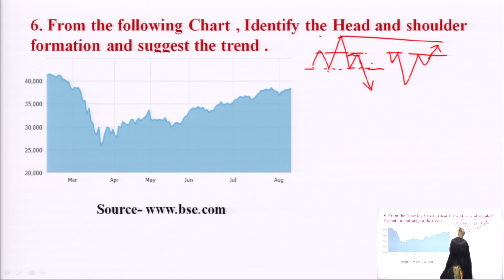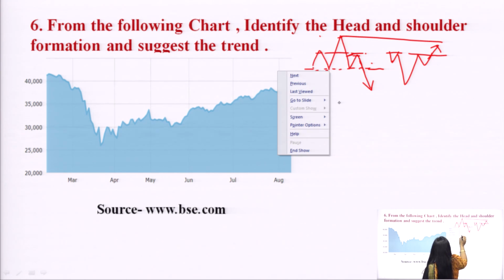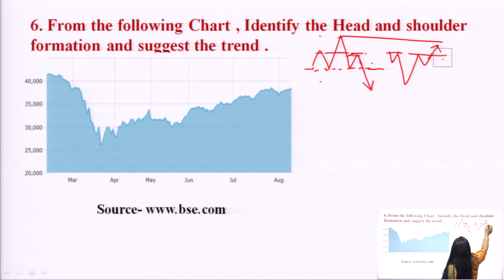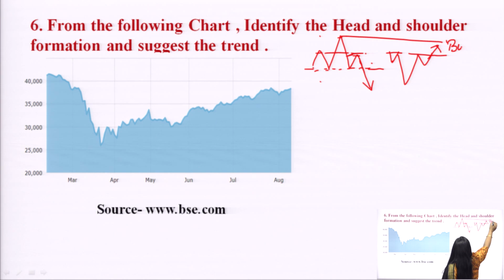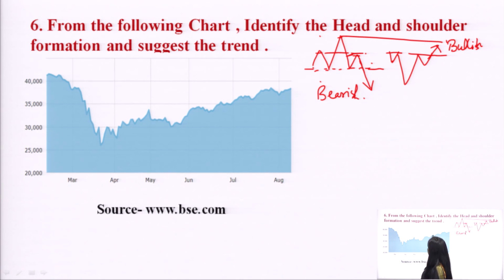The head and shoulder formation indicates the bullish to bearish phase, and the inverted one indicates the bearish to bullish phase. So, what does it indicate? It indicates that there is a bearish phase in the future, and the inverted one indicates that there is a bullish phase in the future. So, if we see in this whole chart, where can we find this kind of pattern? If we see in this chart, this pattern is being visible.